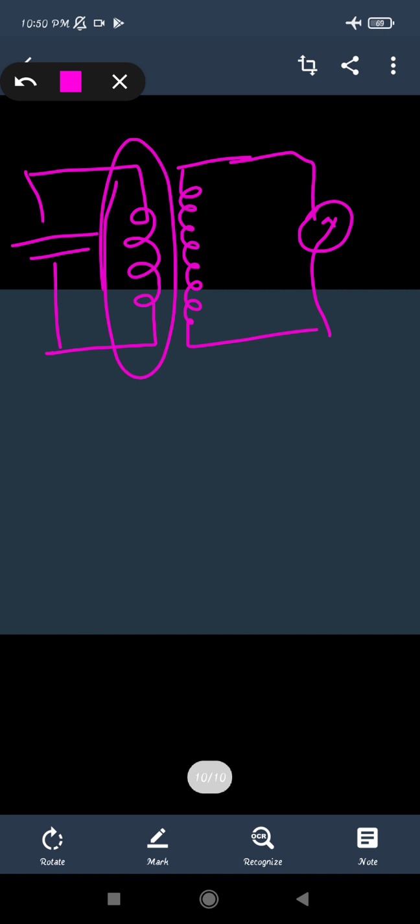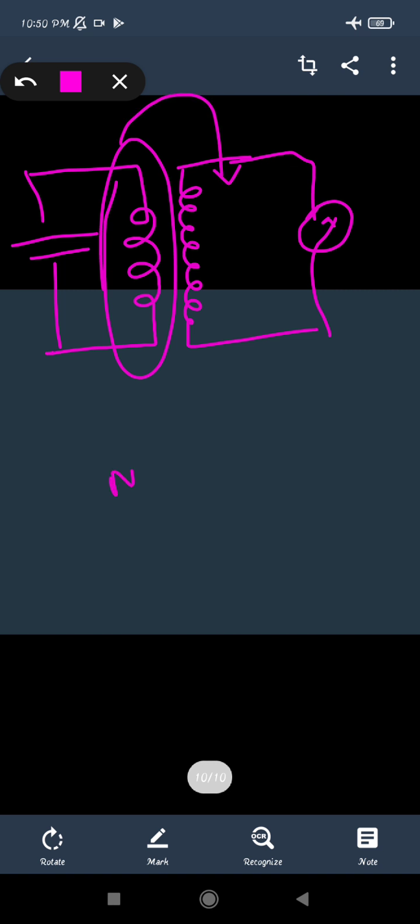Okay, if you are taking the number of coils here, so we can say that if you are taking a battery here also, that will supply a current, and we will see how much change there is in the galvanometer. From there also we can find out the current. So what will happen in mutual inductance is that there will be an induced EMF in the coil due to the change in the current. That is, if there is a change in this coil, then it will try to induce EMF in this coil also.